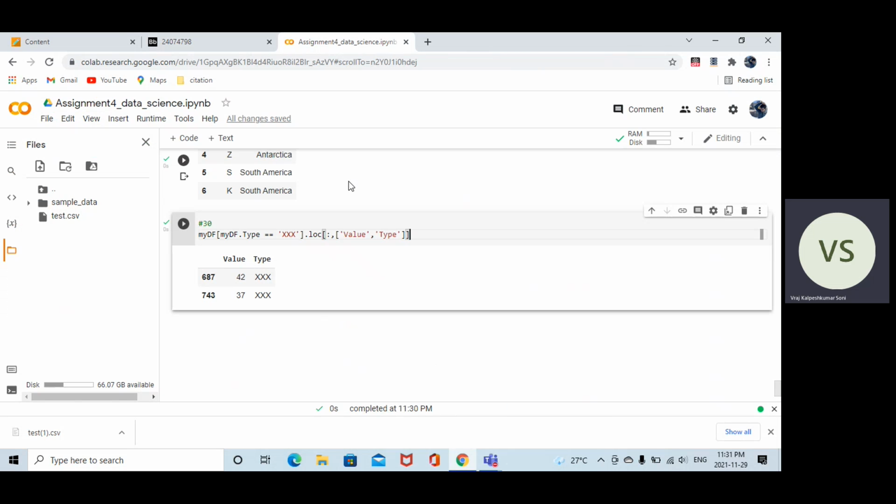If you didn't look at that assignment, please check it out, and you will get much more information about this loc function. So this is what I used, and it is working perfectly fine for me. I have this value and this type. Especially this loc function is very beautiful in pandas, and I like it very much.